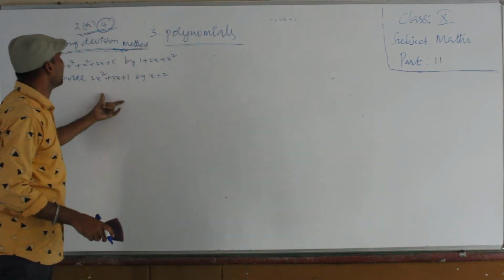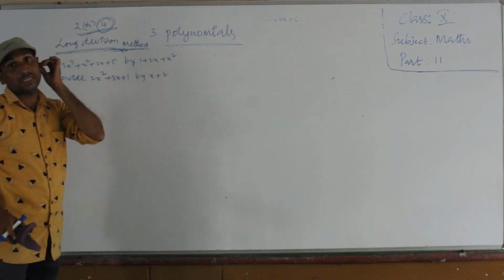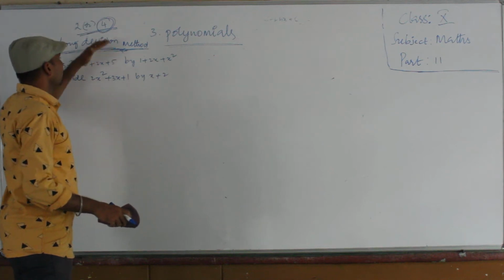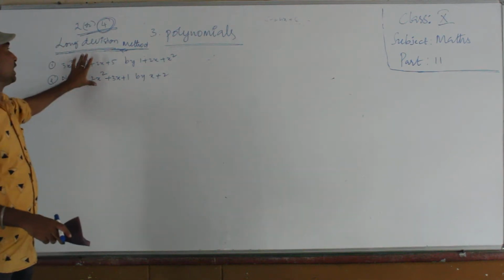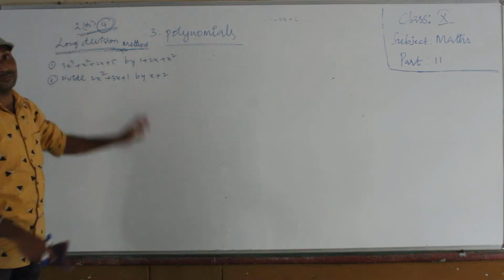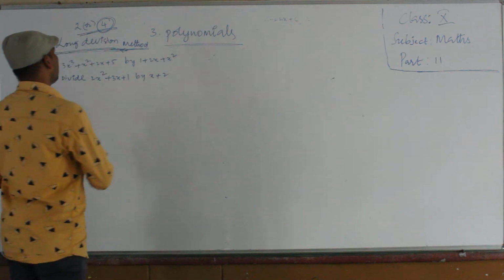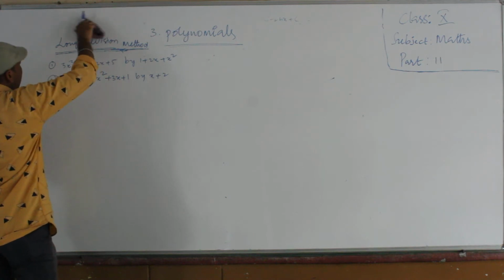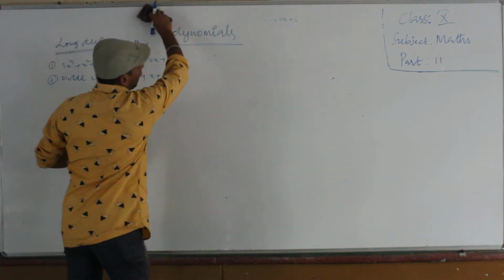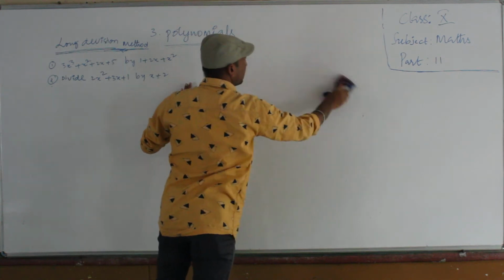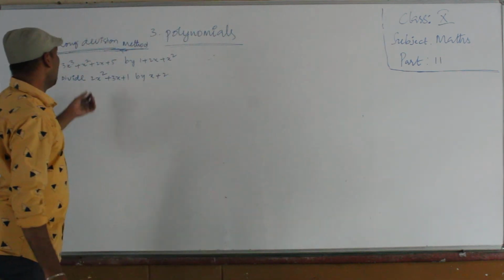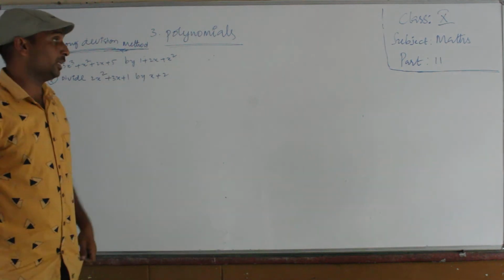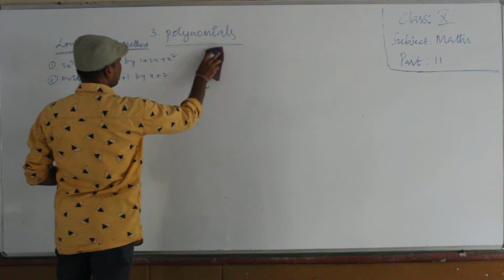Along with this division, they will give 1 or 2 conditions. If they give it for 4 marks, it will have conditions; otherwise they will simply ask long division for 2 marks. This is very important. We already studied how to divide fractions in the previous classes, but here we are going to learn polynomials divided by polynomials.